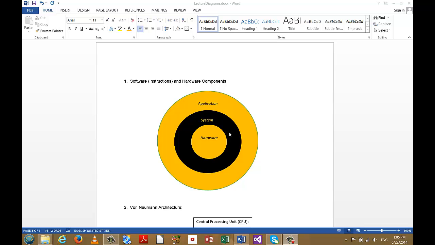And that's the core of computing, is that we have this hardware, this machine that has the ability to do almost anything. Sometimes it's called a universal machine,